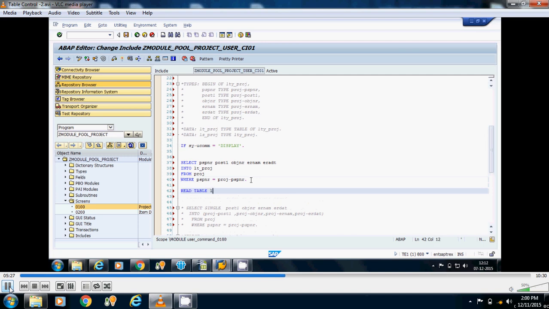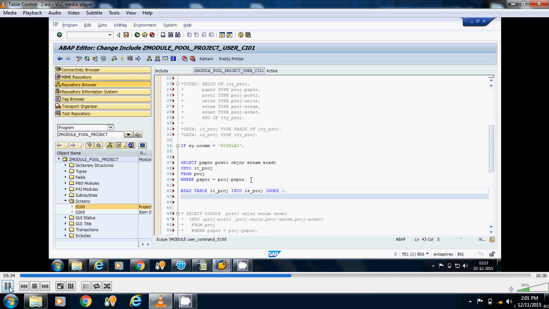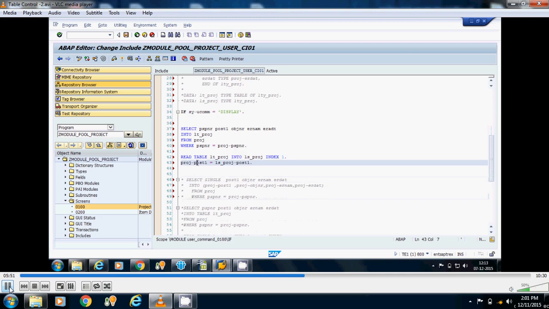Now I will read this internal table at index 1, because from the PROJ table we are getting only a single row at a time. So I am reading at index 1. PROJ-POST1 now comes from ls_proj-POST1. Now we have OBJNR.